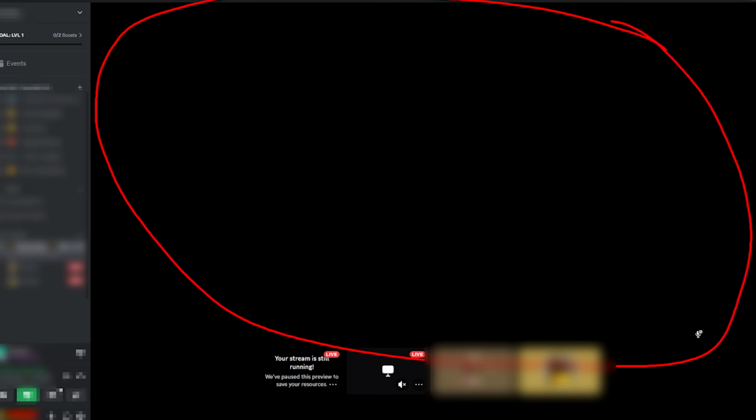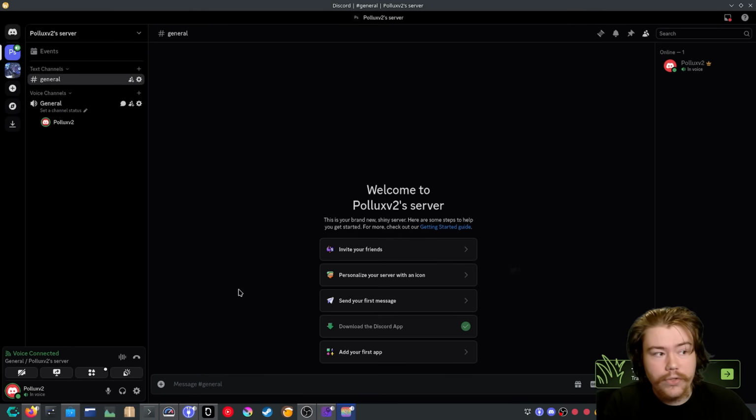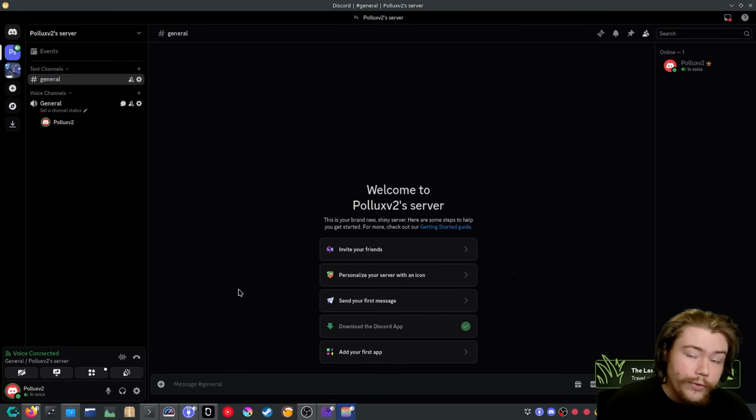And I'll show some screenshots of what that looks like. It's pretty random and it's kind of annoying, I would say. Now, when looking up whose fault it is, it's none of the alternative Discord application developers' fault. It is Discord's problem that is causing this issue. So can the developers of these Discord applications fix that problem? No, they can't fix it, which is annoying because it's up to Discord to fix